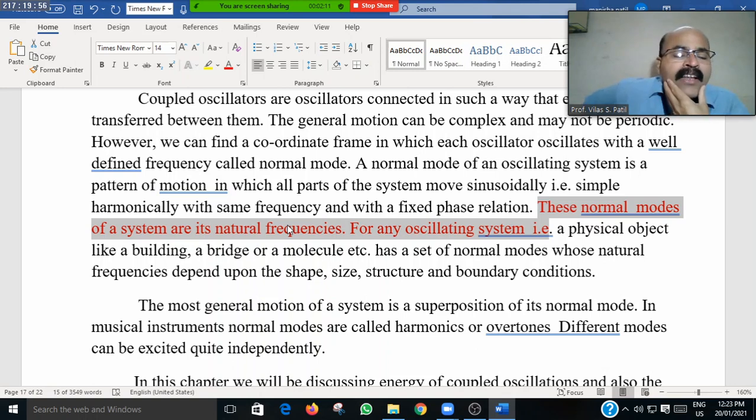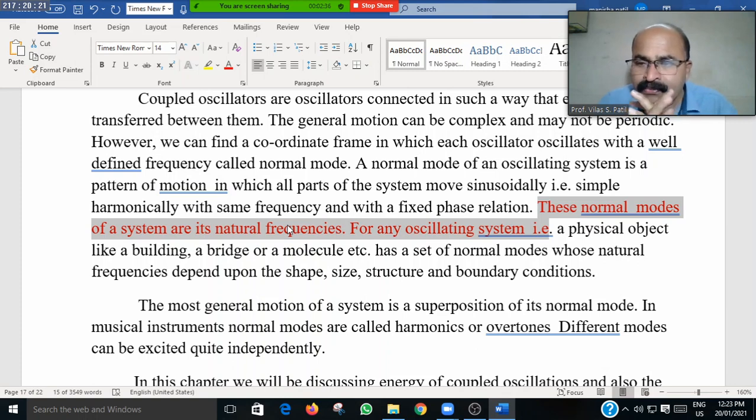That is the physical object, like the building, bridges, molecules, or the atoms in the molecule, or the motifs in the crystal structure, has a set of natural modes whose natural frequencies depend upon the shape, size, structure, and boundary